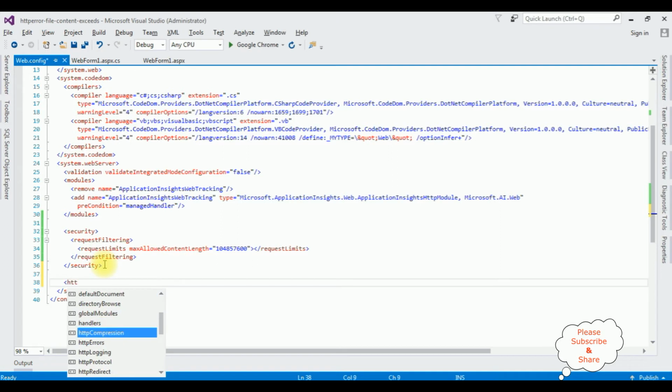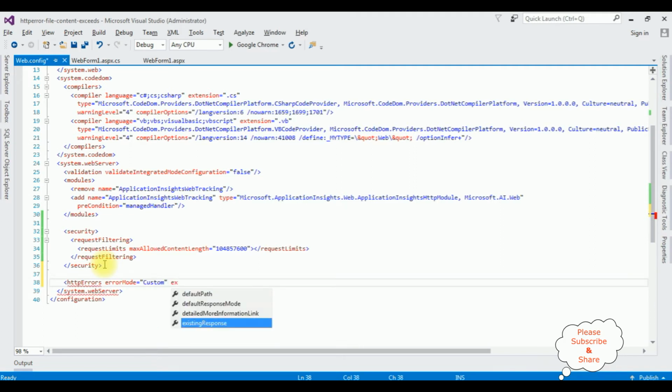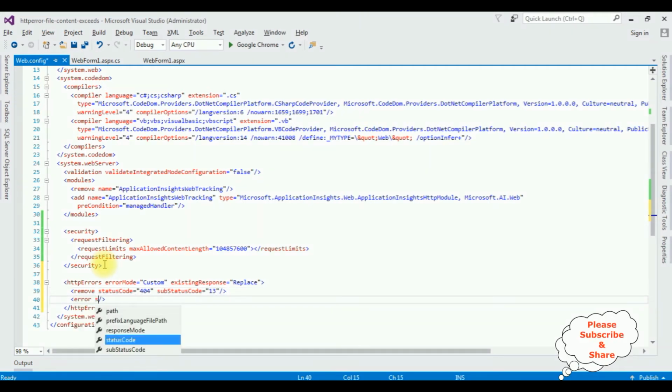I'm adding httpErrors. errorMode is Custom, and the second property I'm adding existingResponse is Replace. Remove statusCode is 404 and subStatusCode 13. Error statusCode 404, subStatusCode 13, prefixLanguageFilePath which I am leaving empty,